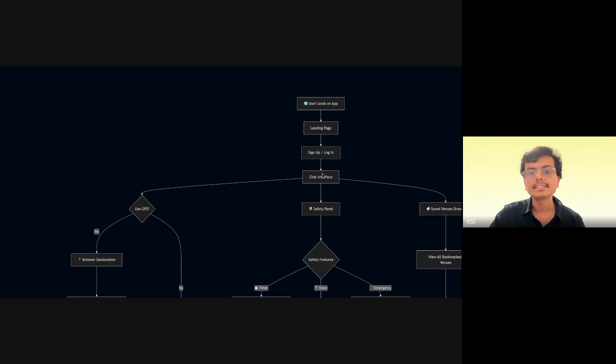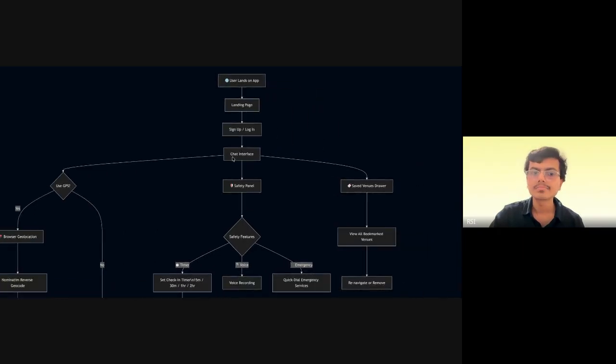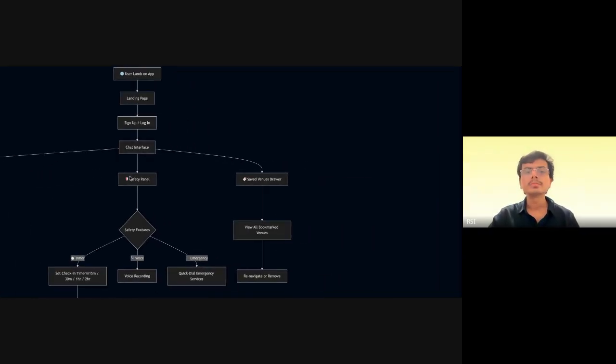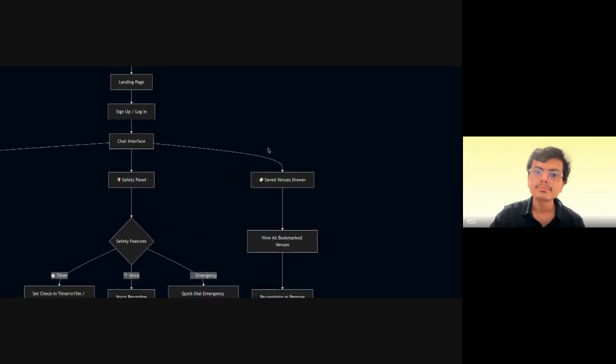So in the chat interface, there are mainly three sections. Number one starts with using location, or knowing the location of the person. Number two is mainly the safety panel, for the safety of anyone. And number three is basically the venues drawer. Now, let us start with